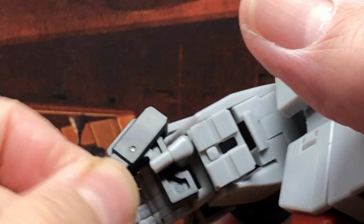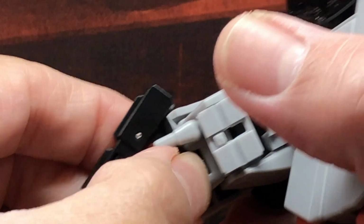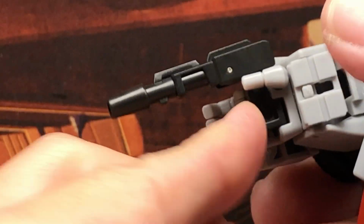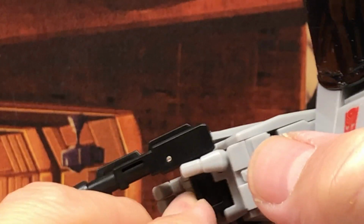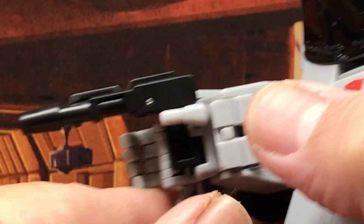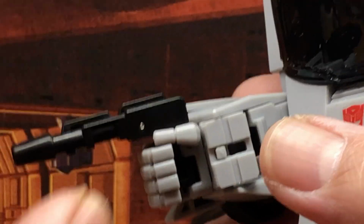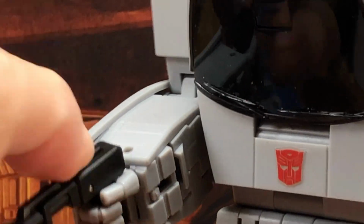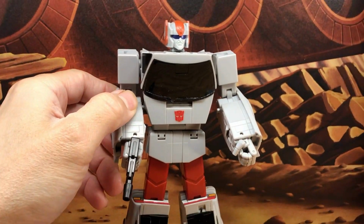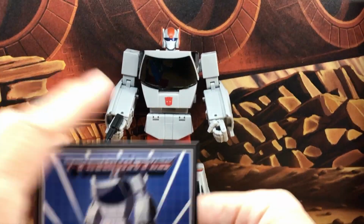So what you have to do is actually put it on top and then push it in, and then push it in with your finger this way, just to avoid it going down like that. So just pointing that out. I think there's many different ways you could design the handgun, and I don't think this design works really good. So that's just the handgun. And then